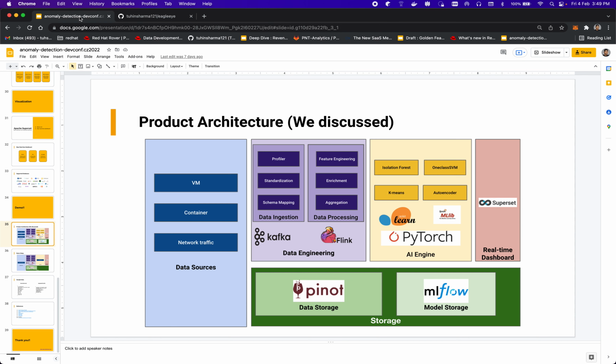looks like this. On the left-hand side, we have multiple data from multiple VM containers or network traffic, which comes into the system. The system comprises components like Kafka, Flink for data engineering, scikit-learn, Spark MLlib, PyTorch for the AI engine piece, and for storage, we have Apache Pinot for OLAP and MLflow for model storage. Finally, we also need to show the data in real time, and for that we are using Apache Superset for